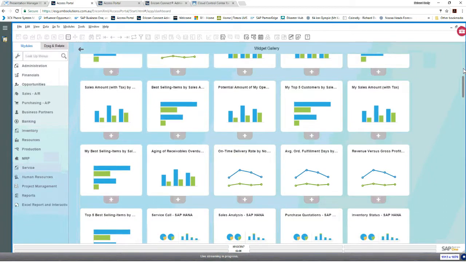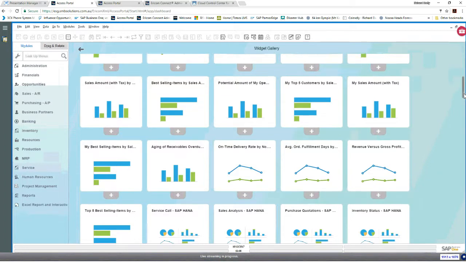So as I scroll down through these, you'll see not only do we have these widgets that give us a visual or graphical representation of statistics out of the system, like for example your top 5 customers or your best-selling items by salesperson or your aging of your overdue receivables.